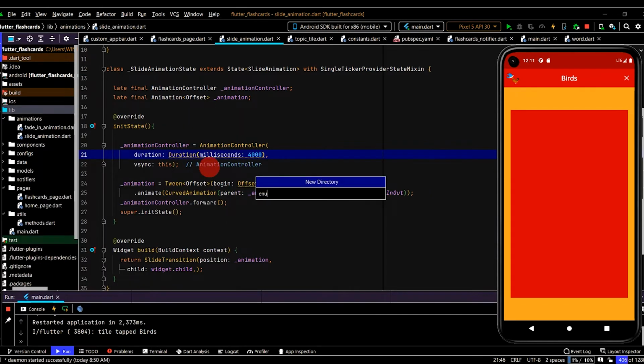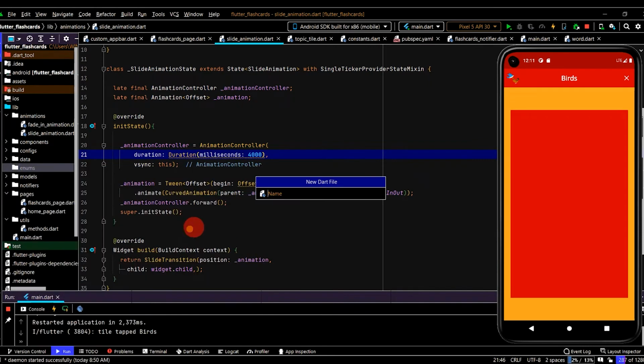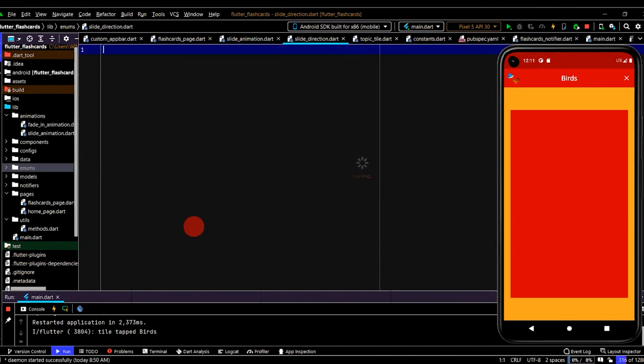I'll create named enums. So let's create a Dart file, and this enum will be named slide direction. And here we'll create an enum slide direction. So this will represent all the different directions the slide animation can run in. So the first one is no direction. The next one we'll put left away. So left away will be from the center of the screen, and it will animate to the left hand side